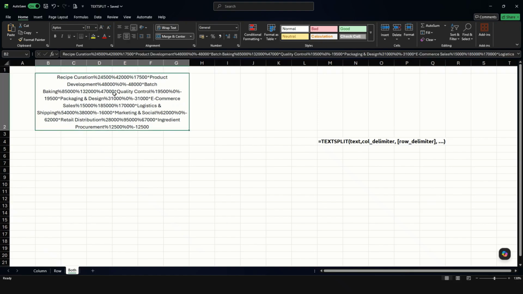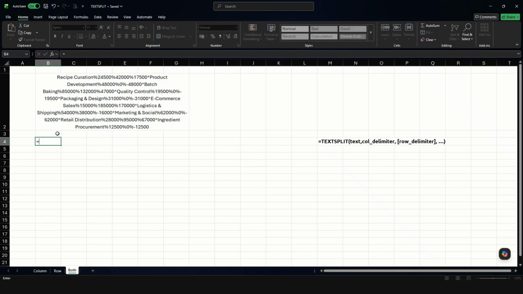So here we have, God, it looks awful to even look at. We have what seems to be the name of something, maybe a team, some sort of money or numeric value, and we have that for about 3 columns. So we see that each of these values are separated by percentage symbols. And then we've got an asterisk, and then we have the same. But then look, we've got another asterisk, and then we have the same. So they're starting to seem like there is a pattern,